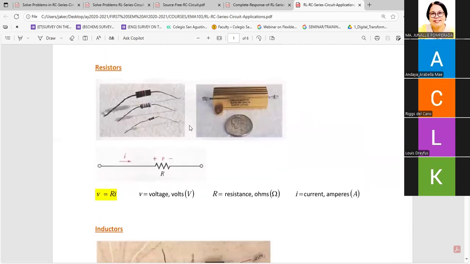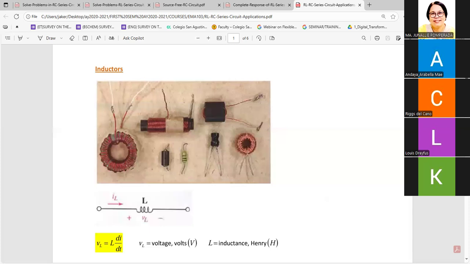Now, so you could see there the resistor. So this is your resistor and it has colors. All colors have representations based on what your circuit teacher has discussed with you. Now, in terms of the resistor, the voltage drop across the circuit element is given by the formula Ri, or it's the product of the resistance and the current that passes through the circuit. So since we are determining here the voltage drop across this resistor, I here is the current. So its unit is in volts, the resistance is in ohms, and the current is in amperes.